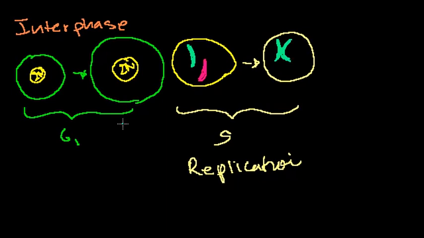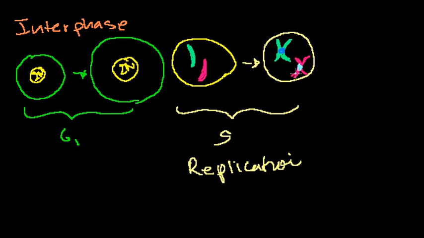During S phase, our chromosomes will replicate, so that green one will completely replicate and generate a copy of itself. We've learned this a little bit. They're connected at the centromere. Each of those copies is called a chromatid. And that magenta one will do the same thing. Even though before you could say we had 2 chromatids, 1 for each chromosome, now we have 4 chromatids, 2 for each chromosome. We still say we only have 2 chromosomes. And that's its centromere right now. This occurs in the S phase.